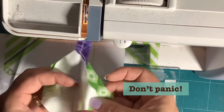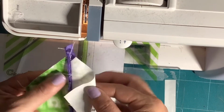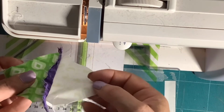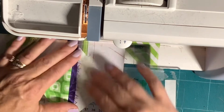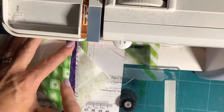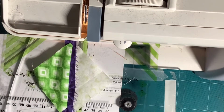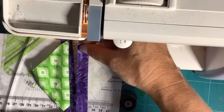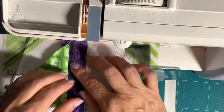Because again, your actual half square triangle is in here. So if you open it up and you see raw edges, don't panic. That's what you want. Again, we're going to push all of that stuff over there. And I find it easiest once I get that first one on to push the raw edge over to the right, because that way with this next one that I'm going to line up, because I have another side of this background, right? So I'm going to put my next one and line it up so that they're basically right